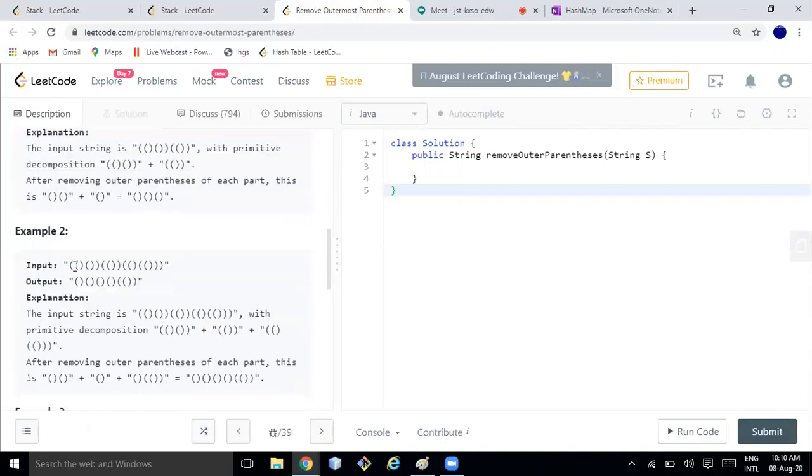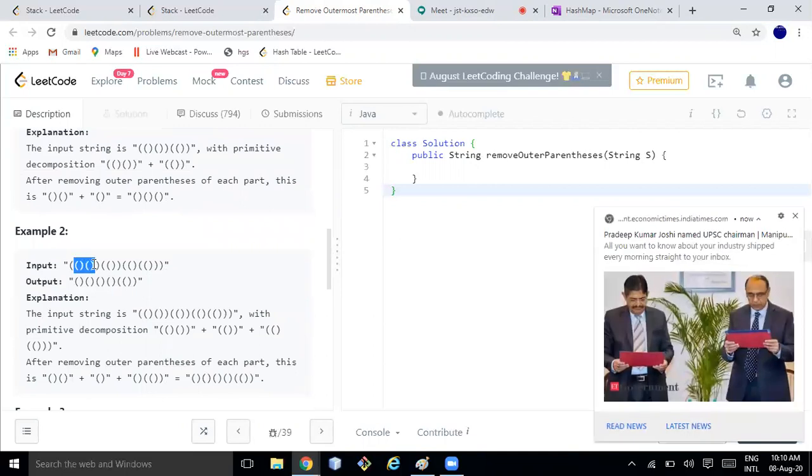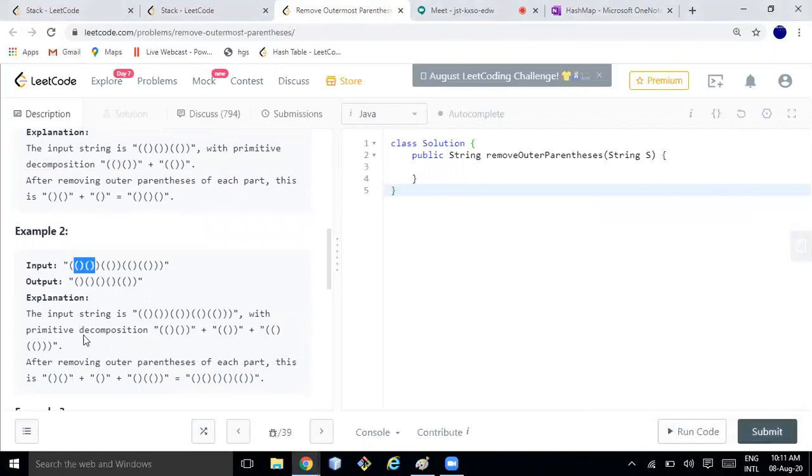Okay, going to the next problem. So here also, if I decompose, this is one decomposition, this is another decomposition. After that, here if you see, this whole is one decomposition. You can see, right? The reason is you cannot break it further. So this is three parts. If you remove the outermost, then two will be coming from here.